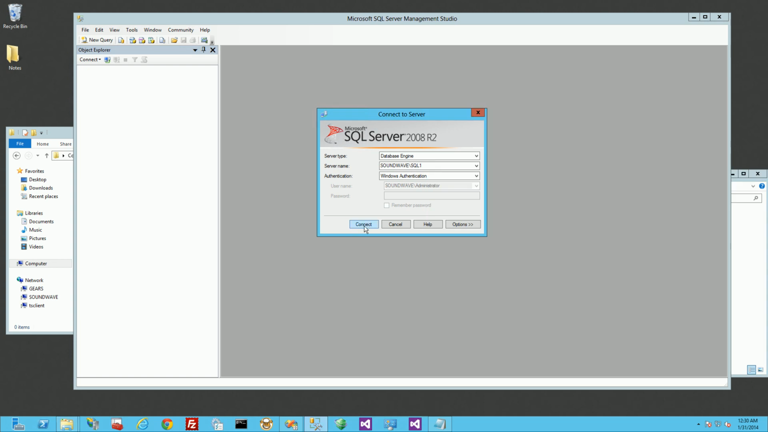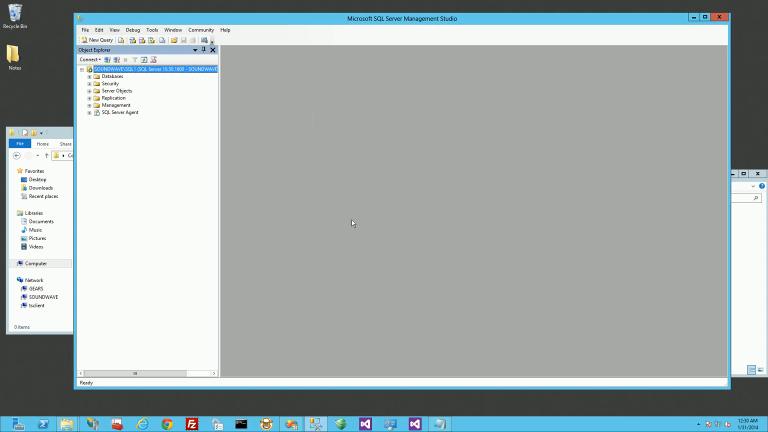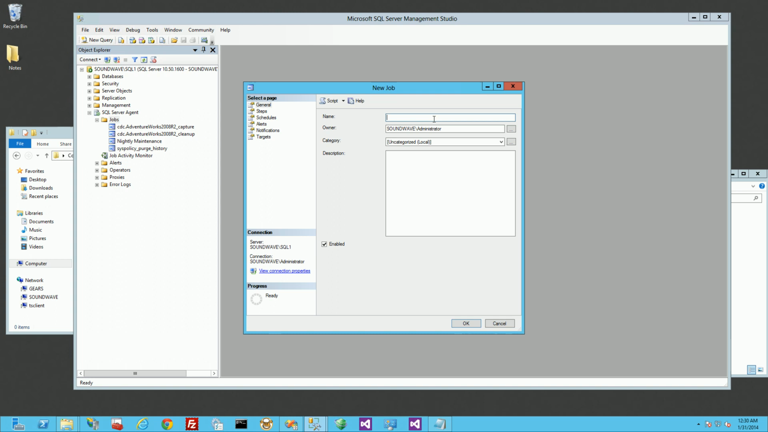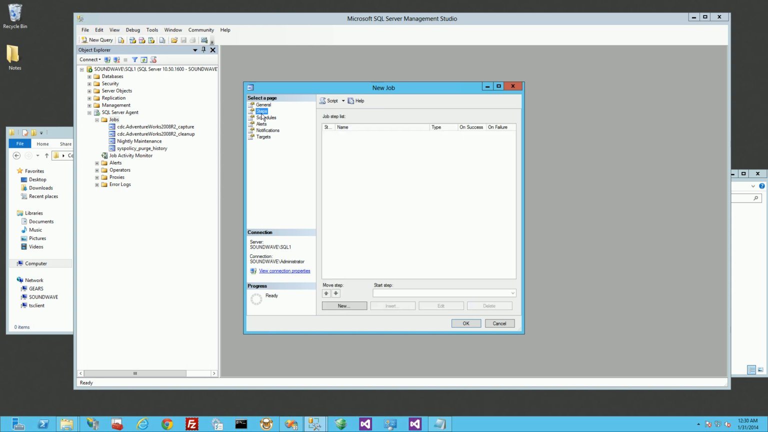Now I'm going to go into SQL Server, and I'm going to go under SQL Server Agent. And I'm going to say new job, and I'm going to say differential backup, intraday differential backup. And the steps, I'm going to say new step,